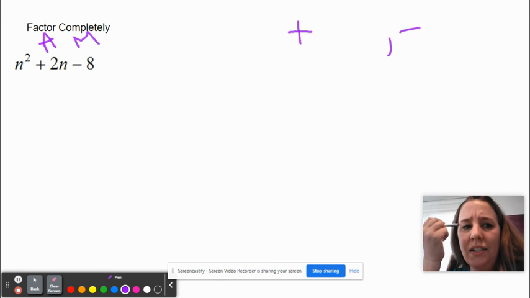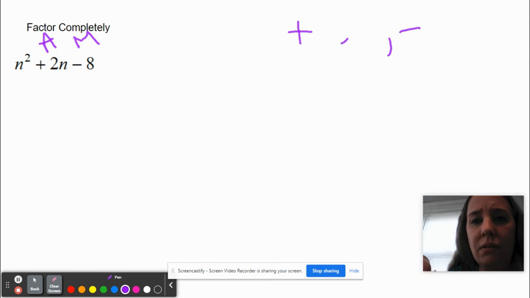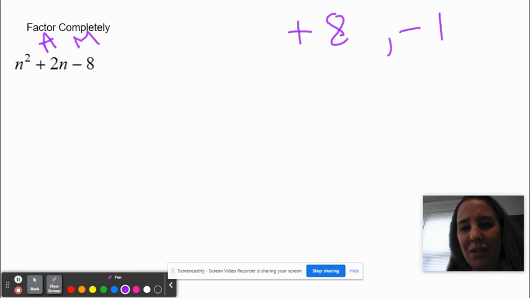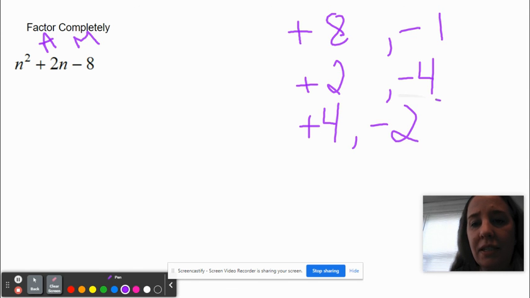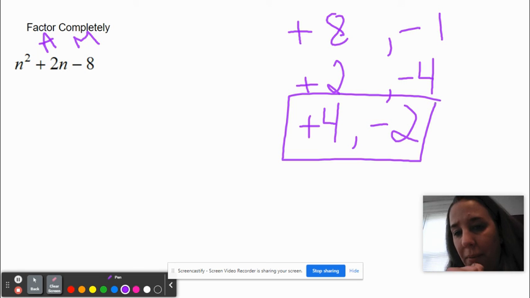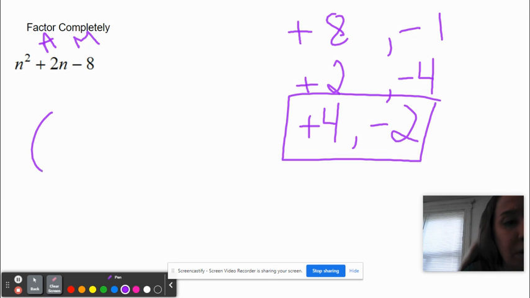So let's take a look. What are some things that multiply to be negative 8? Well, we've got, there you go. Does that add to 2? No. What else do we have? I could say 2 and 4, but I don't want to list it that way because I want my bigger number to be the positive one. That's what my goal is here. And oh, hey, does 4 and negative 2 make positive 2? It sure does, right? If you have $4 in your pocket, you owe me $2, you would still have 2 when you settle up. Therefore,